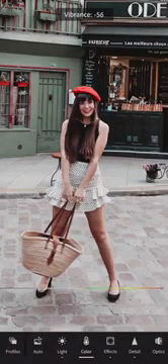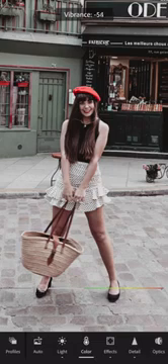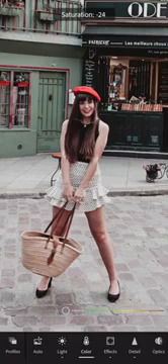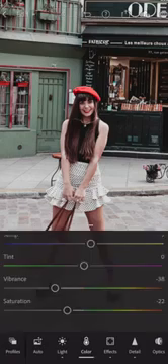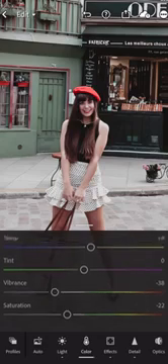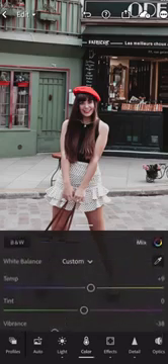Because if you look overly gray like this, it's because the vibrance was turned off. So you can bring that up a little bit. Okay, same for saturation, but in that case, I like this edit with less saturation. All right. Now that I've set up the basic color tools,